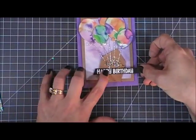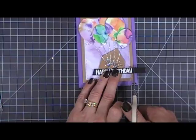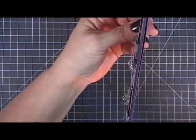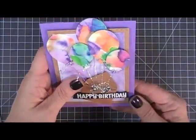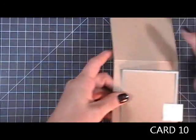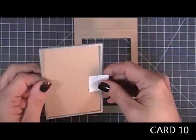We needed a birthday card, so from my stash, I stamped the word Happy Birthday, and then on black cardstock using white embossing powder, I just added that to the bottom, and that's my birthday card. Turned out so fun. So now we're going to move on to our next card. Now for our next card,